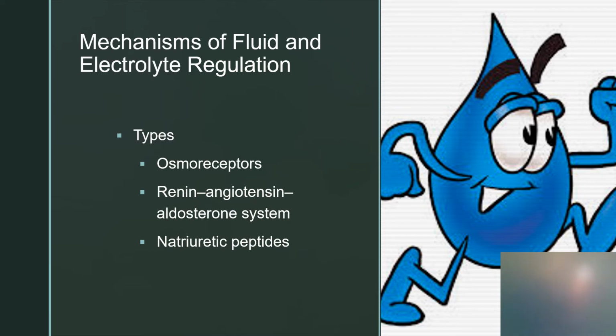If the blood pressure or blood volume changes, baroreceptors are stimulated to release or suppress ADH to help maintain that fluid balance. The renin, angiotensin, and aldosterone system are chemicals that are released to increase blood pressure and blood volume through vasoconstriction or reabsorption of sodium. Natriuretic peptides are hormone-like substances that reduce blood volume through excretion of sodium. The ANP and BNP are released when the heart walls are overstretched because of increased volume, and it also